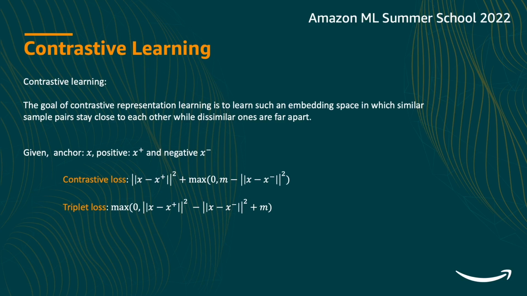And so in this contrastive loss, it tries to make the representation of anchor and positive closer together. So these X's are the representations of the input image, and it tries to push the negative sample at least m distance away from the anchor. So m is the margin here. So it is a hyperparameter which we can define.